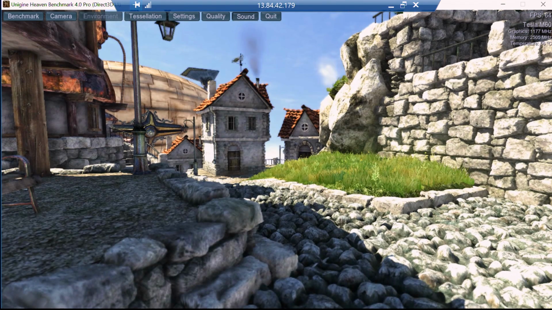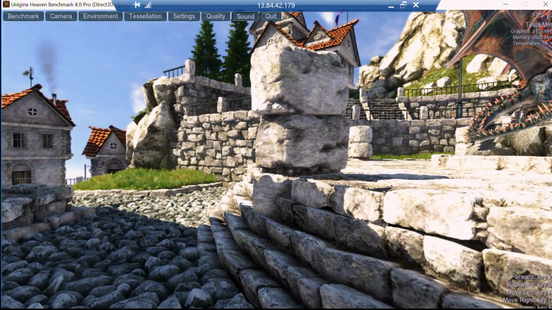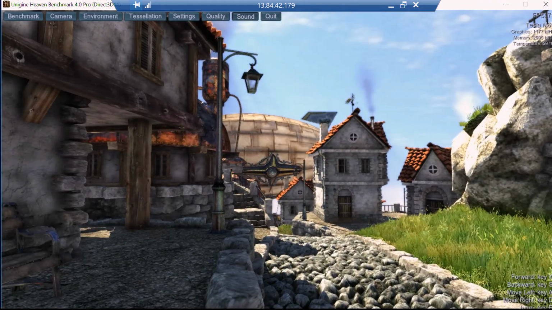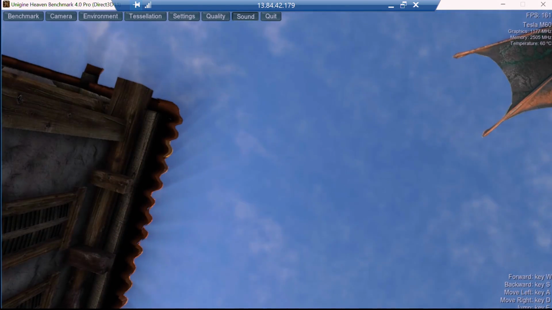Now again, this is all being rendered real time, and you can see we've got a number of different surfaces and very complex shapes that are all being created real time. So you can see the level of detail in the grass and the various textures on the various objects here. And just to prove to you this is in real time, I'm going to take control of this game, and bear with me again. I'm not much of a gamer. My kids call me a noob, but I'm gonna fly up here,